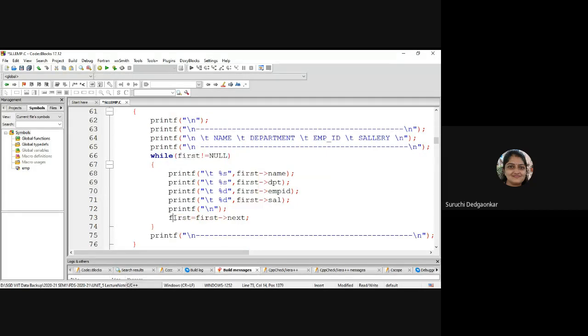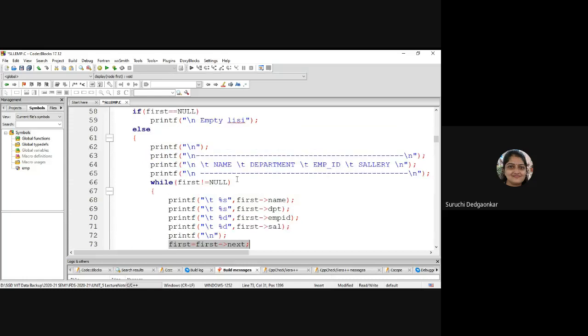And don't forget to advance the pointer every time. If you forget this, you will reach an infinite loop. And while traversing, display the data every time. Display data, advance the pointer. Display data, advance the pointer, like this.